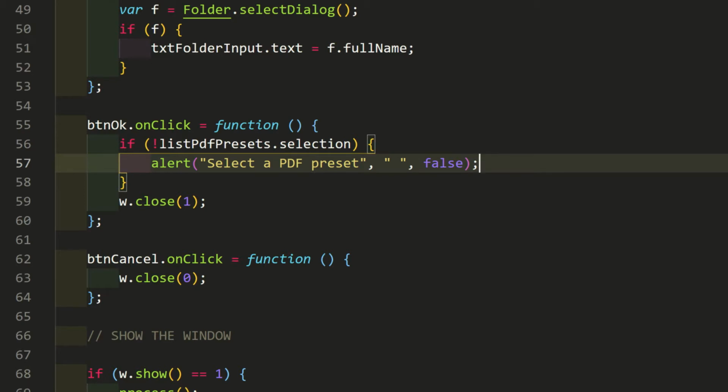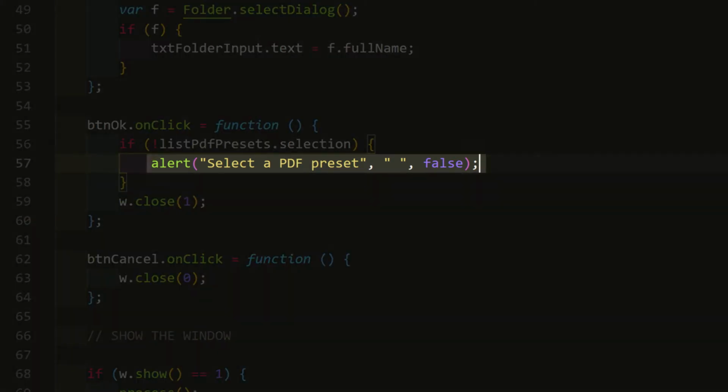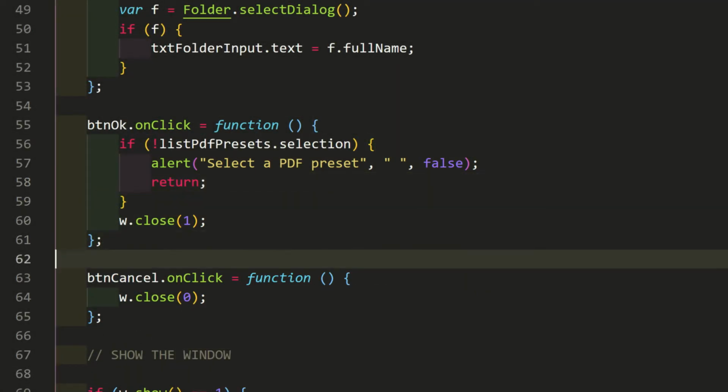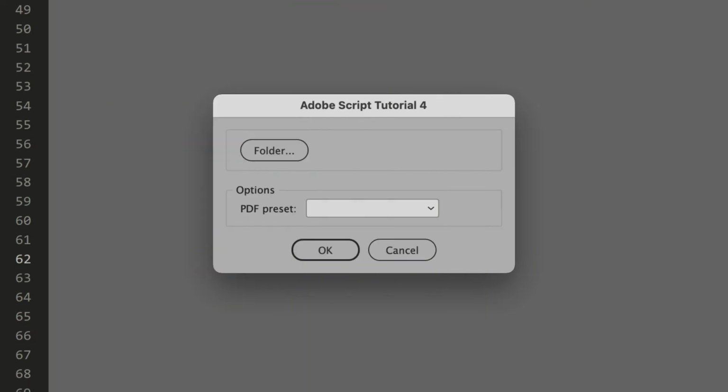If nothing is selected in the list, the property selection is null, which equates to false. The not operator flips it to true, and the if block executes, displaying the alert. Then return without closing the window. Give it a try.